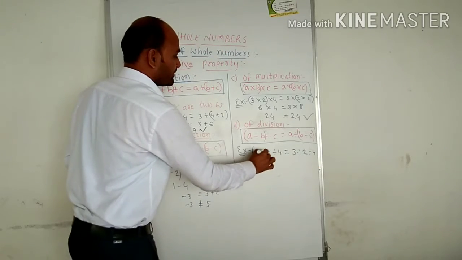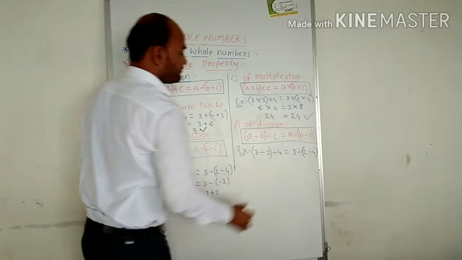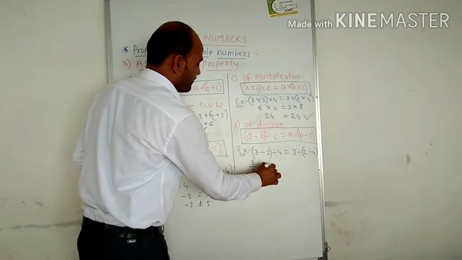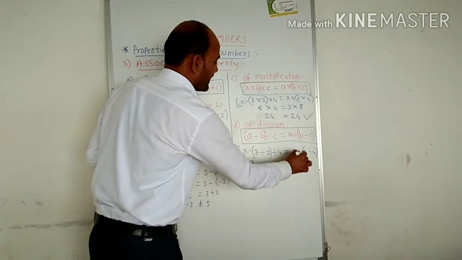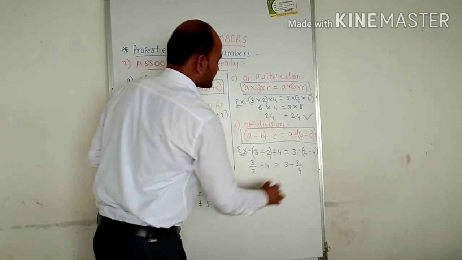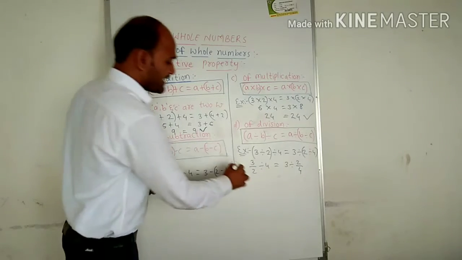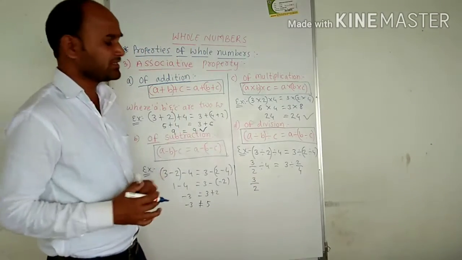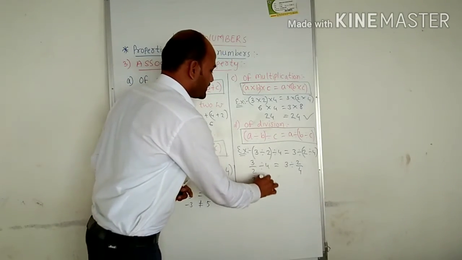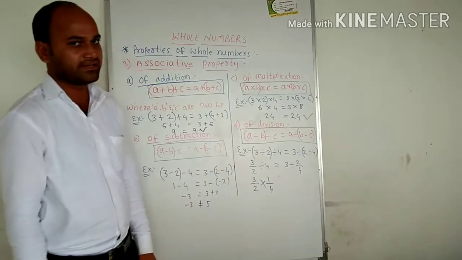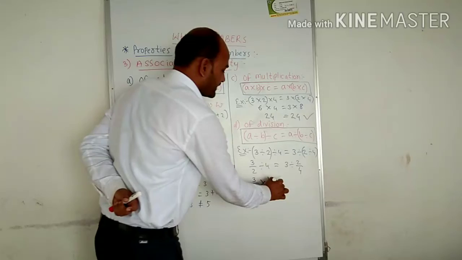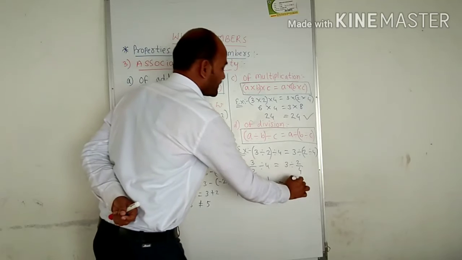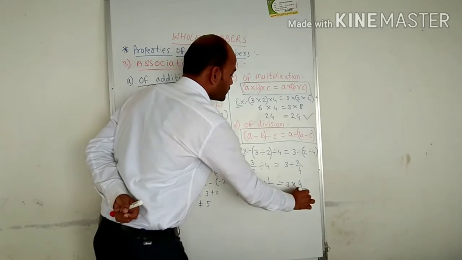Okay. So here you can group it first or group it second. Let me see whether it is satisfied or not. Here it is 3 divided by 2, which is divided by 4, and here 3 divided by, which is 2 divided by 4. Next we can see that, as we know, to solve division, the division symbol changes to multiplication and we write the inverse of the number, that is 1 upon 4. So 3 as it is, the division sign changes to multiplication, and the numerator goes to the denominator and the denominator goes to the numerator.